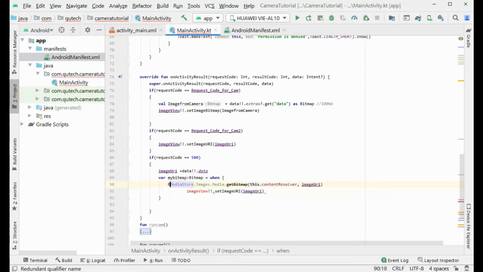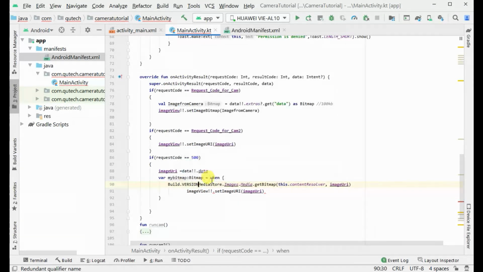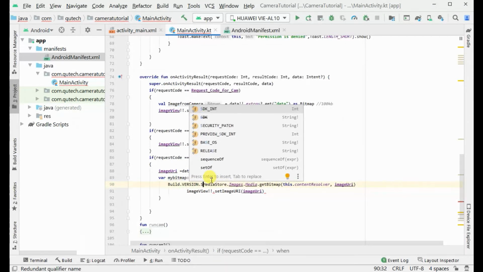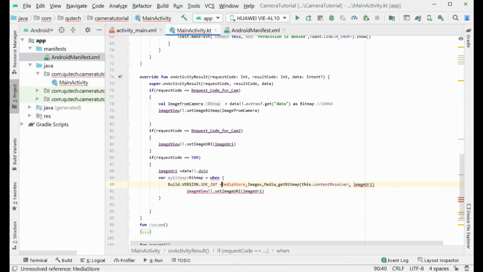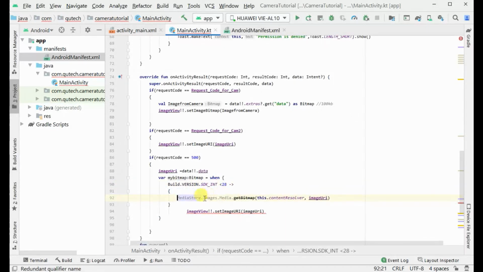When the build version SDK int is less than 28, we can get the bitmap by this method, else we can